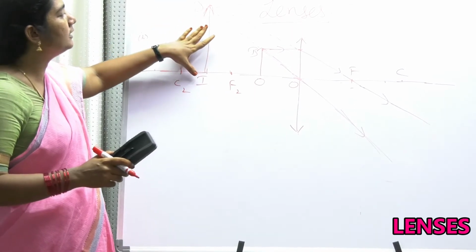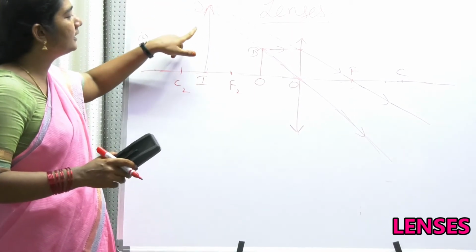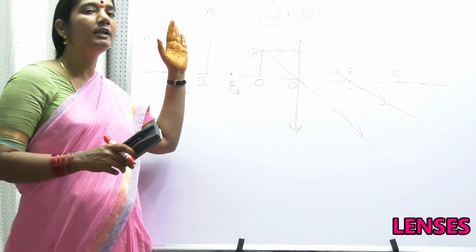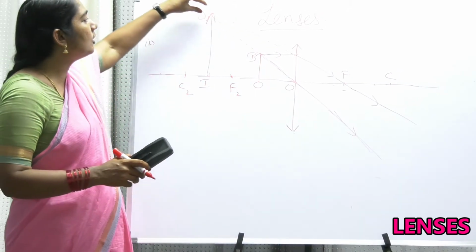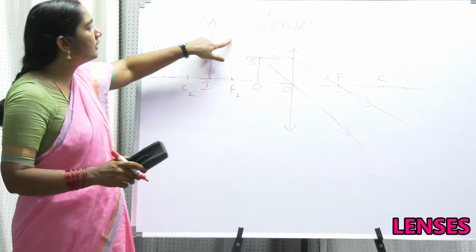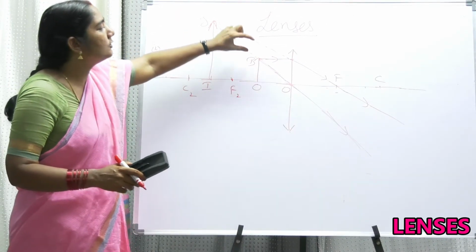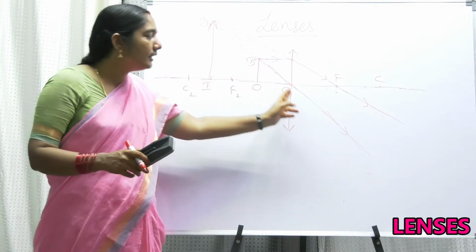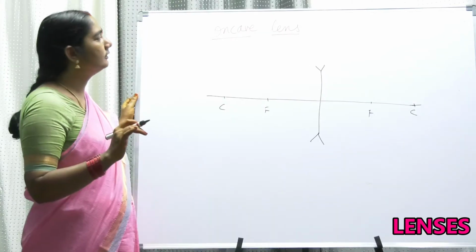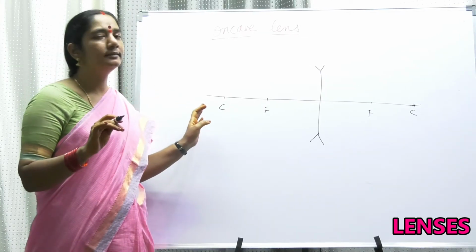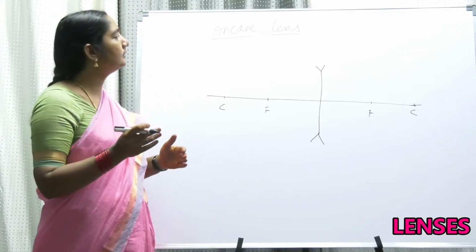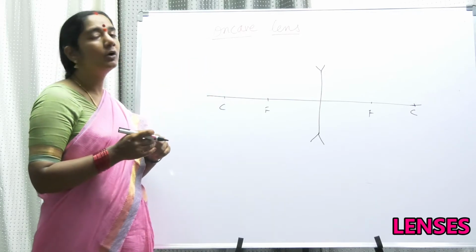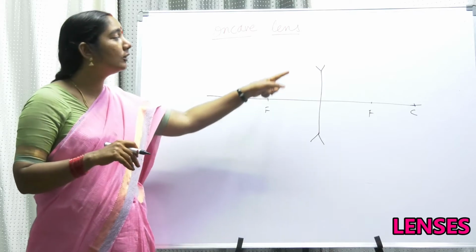It is a virtual image, magnified, erect. This image cannot be caught on a screen because the rays are not really converging. For a virtual case, where it is not really converging, you have to use a dotted line, and for the real case, you have to use continuous lines. Similar to the previous case, let us see what happens in the case of a concave lens. Now we have taken a concave lens.